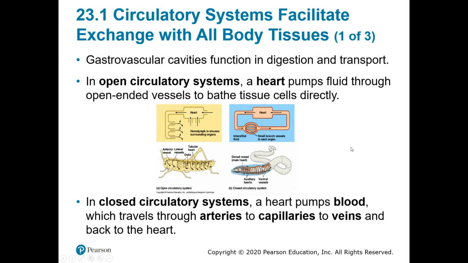All right, so gastrovascular cavities function in digestion and transport. In an open circulatory system, the heart pumps fluid through open-ended vessels that bathe the tissues directly. So we have both an open system and what's called a closed circulatory system. An open system, like we see in insects, basically the heart pumps and delivers the blood out and it just flows through the cells, but it doesn't have vessels that return it back to the heart. So in an open system, the heart pumps fluid through open-ended vessels, and they just bathe the tissues